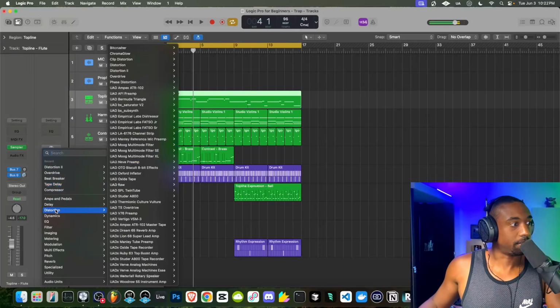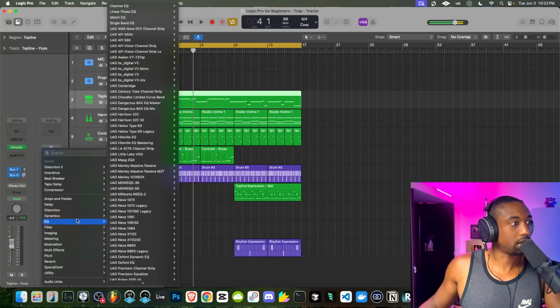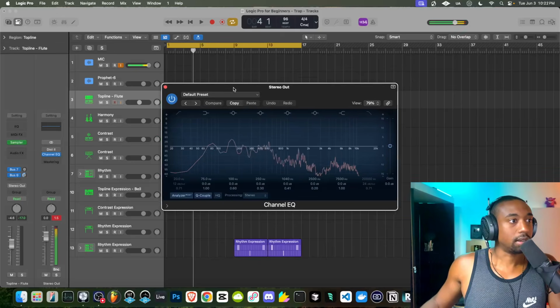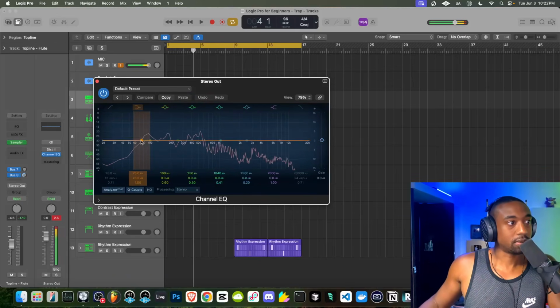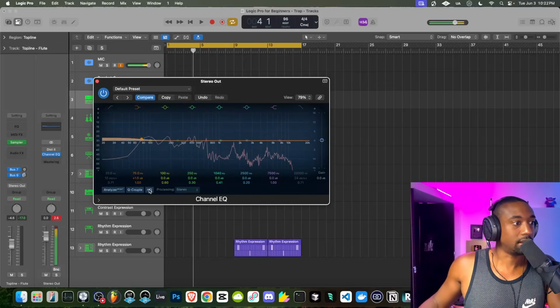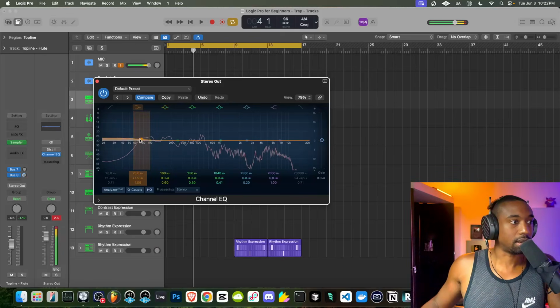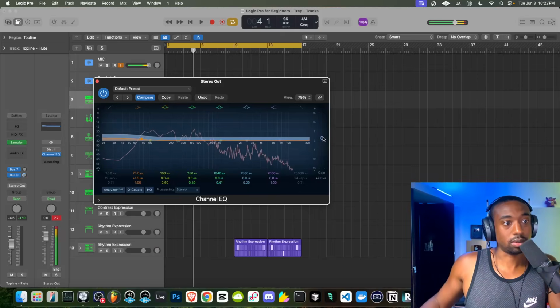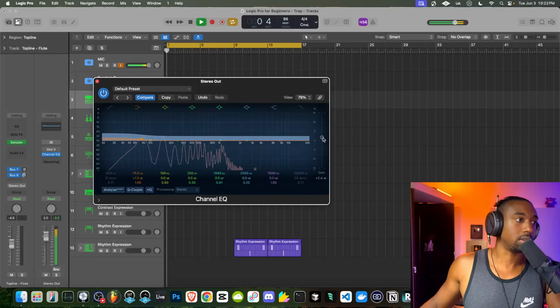Let's add the EQ here, the channel EQ. I'm going to turn that first plugin off just for a second. And let's add the channel EQ. I like to boost the low shelves in general. This usually adds the density I need for the beat. Just boosting it like, what is this, 1 dB. And then we're going to boost the whole channel volume up about 3 dB or so. This is going to add that distortive sound.